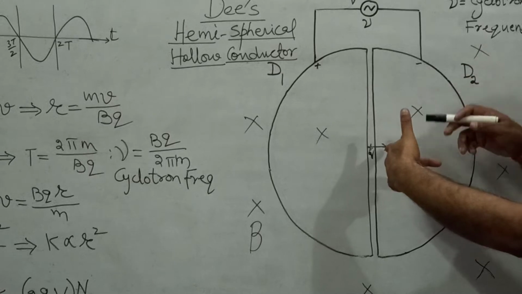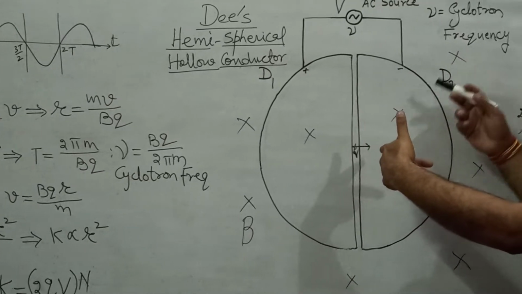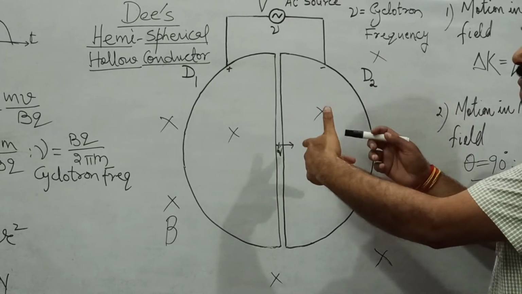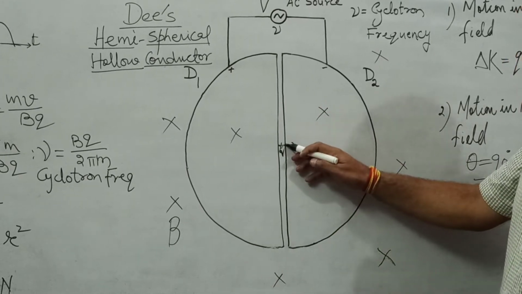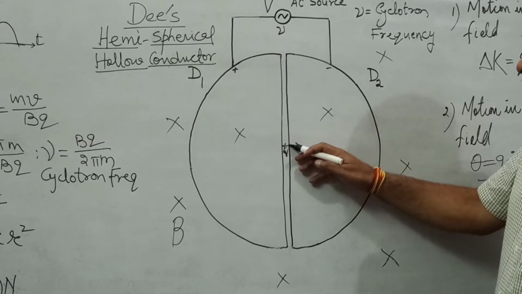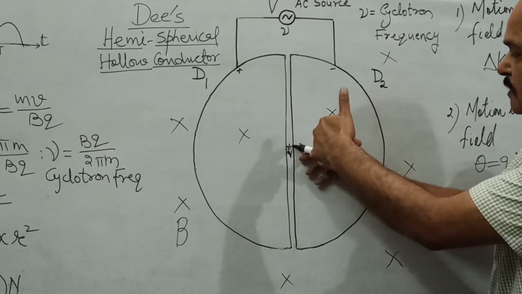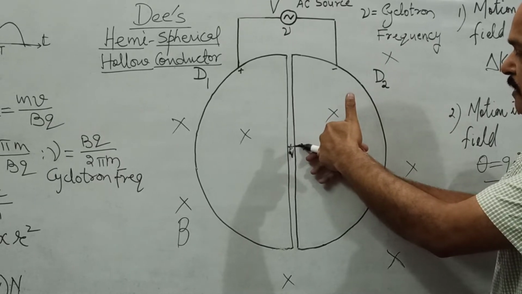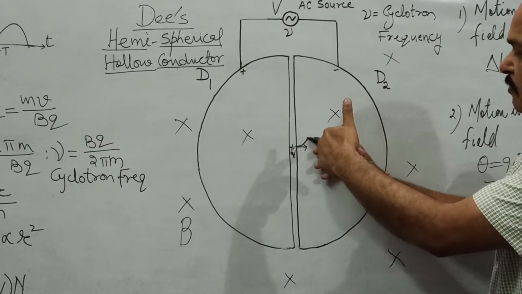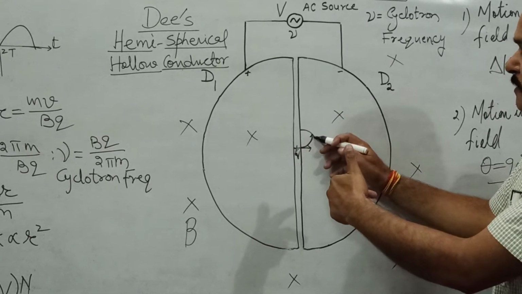This thumb is nothing but the center. This thumb points out towards the center of the circular path. We know this already. So what happens? As the charged particle enters into this hemisphere D2, it is acted upon by the Lorentz magnetic force, which is towards the center of the circle, and the center of the circle is what? The center of the circle is along the thumb, and it moves on a semicircular path like this.